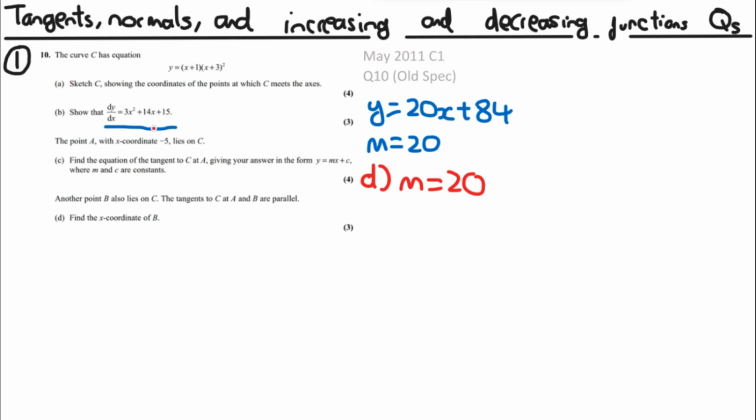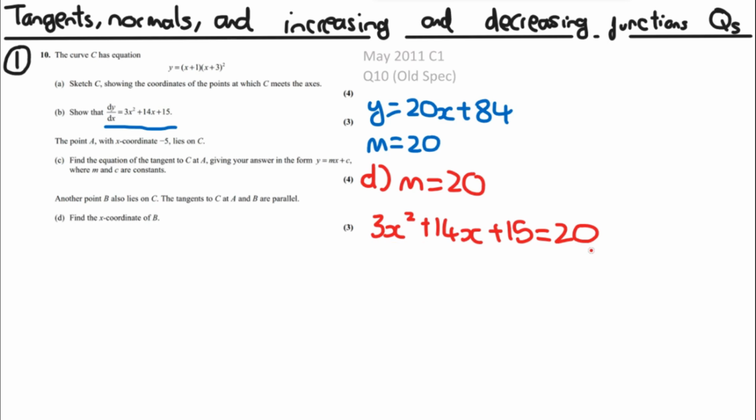So what we can do is equal this to this gradient. So it's going to be 3x squared plus 14x plus 15 is equal to 20. So this is the gradient, and we know that this point is going to have this gradient at this point on the curve, and we have a quadratic equation, and we are hoping now that if we solve this quadratic